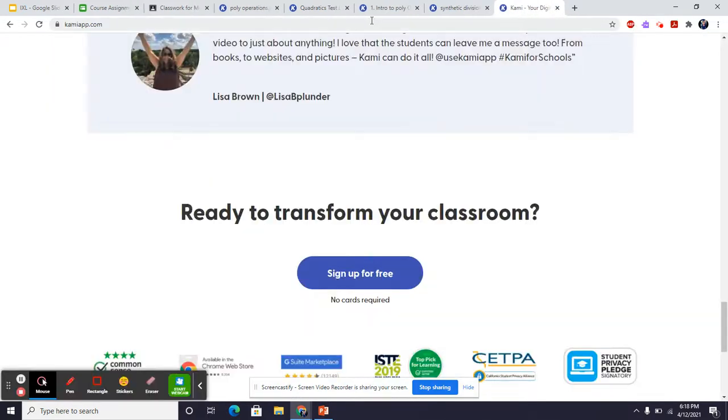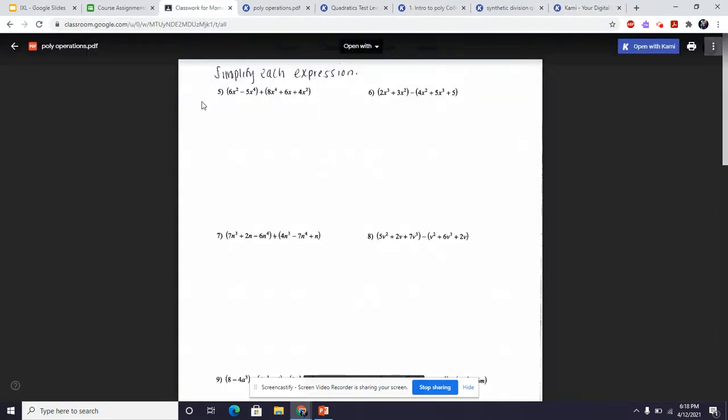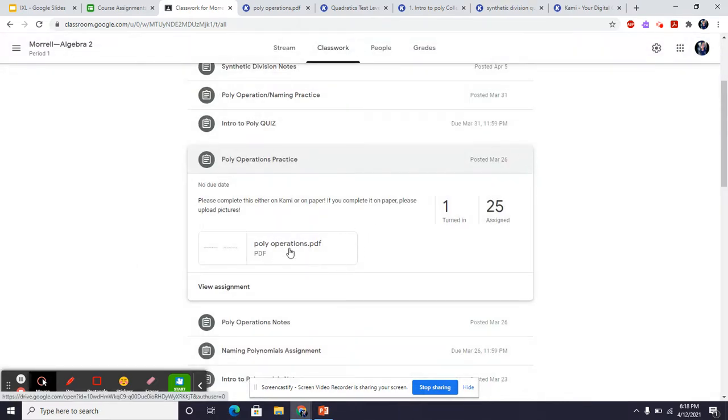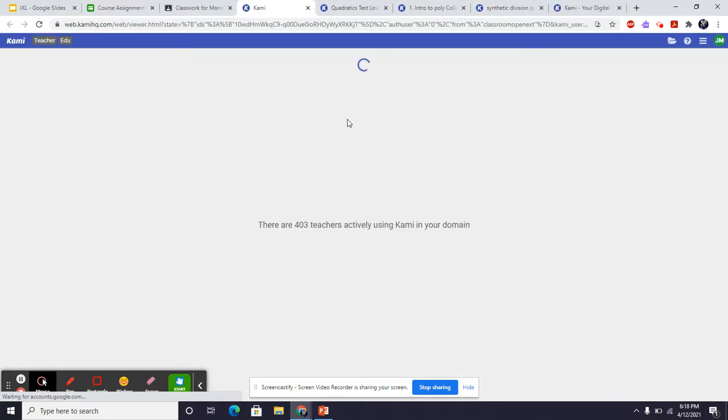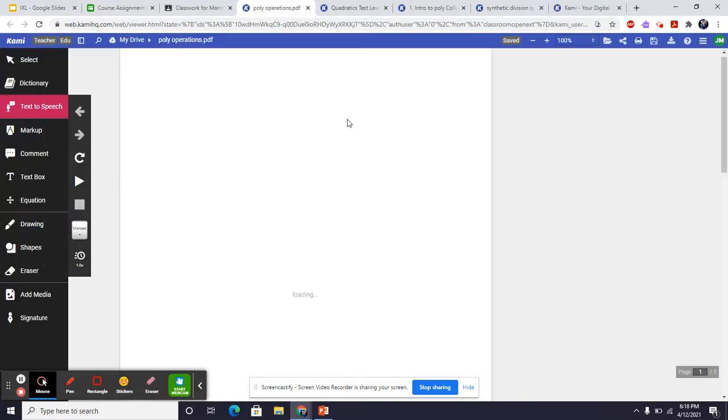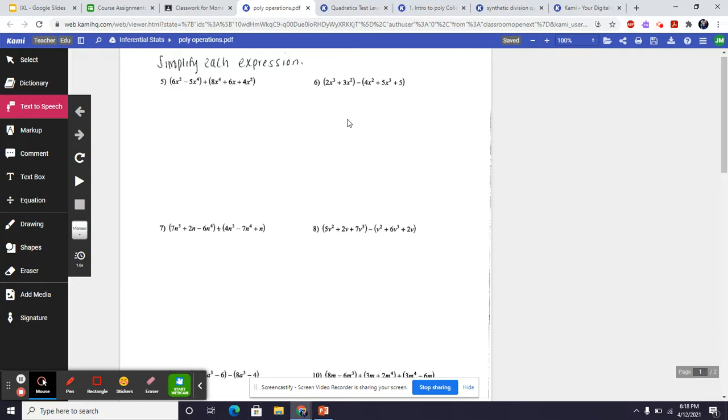Okay. So how this works, I am going to pull up my classroom. This is an assignment that I have in my Google Classroom, and what students will see is, on Google Classroom, they can just click the PDF and press open with Kami, and it would pop directly up to the Kami editor. So this is where I'm going to walk through with you guys and tell you all the cool different